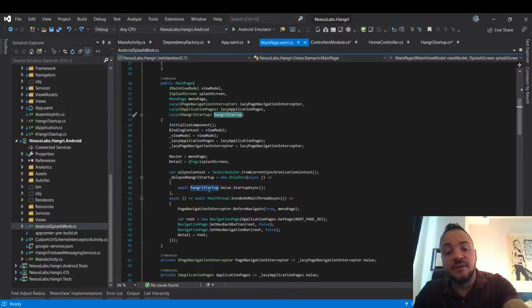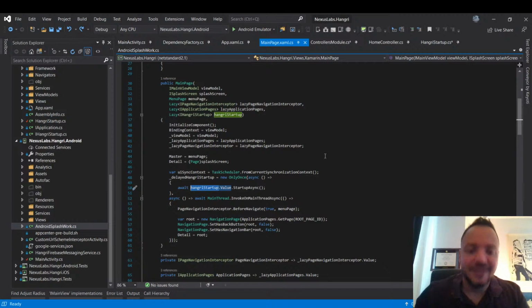I'm pointing on my screen with my finger, so it's not really helping anyone. I'm going to highlight, there we go. This Hangry startup object is used. The application is called Hangry, by the way, in case that wasn't obvious. I just realized I probably said it a few times now, or you've seen it on screen. The application is Hangry, but